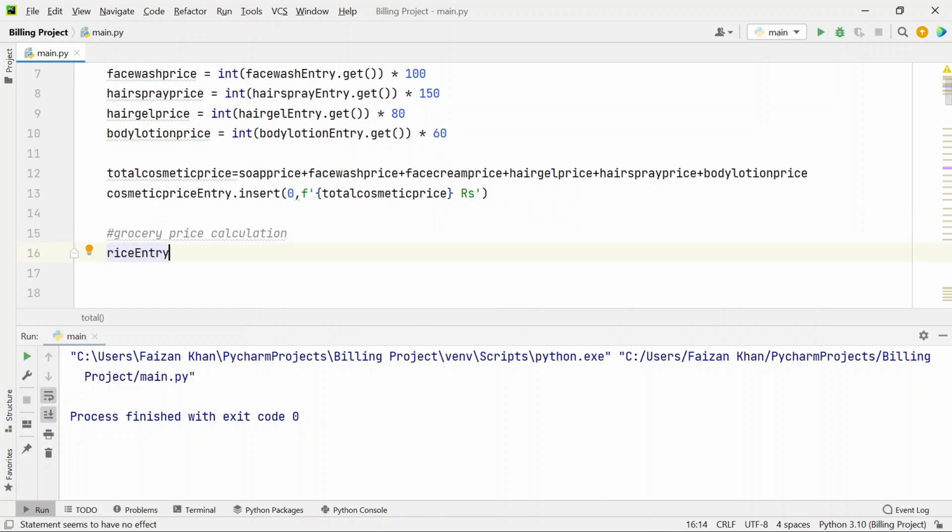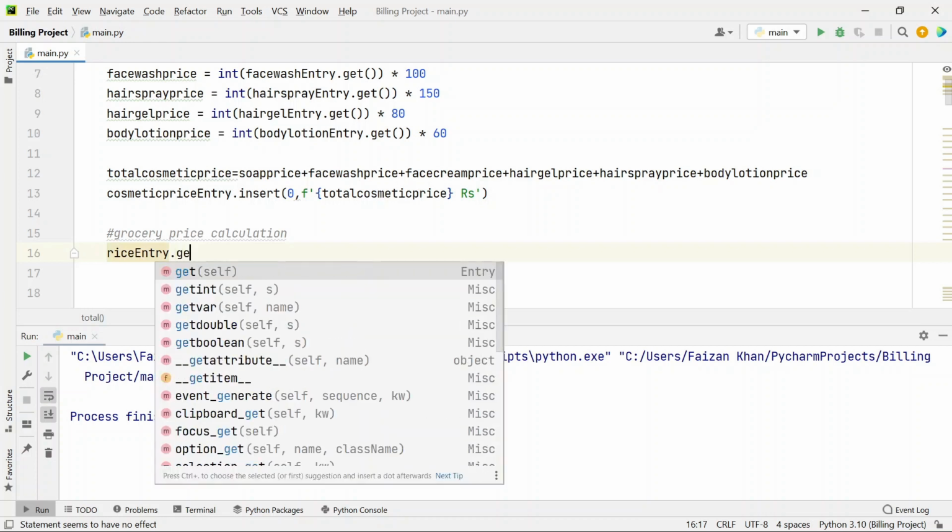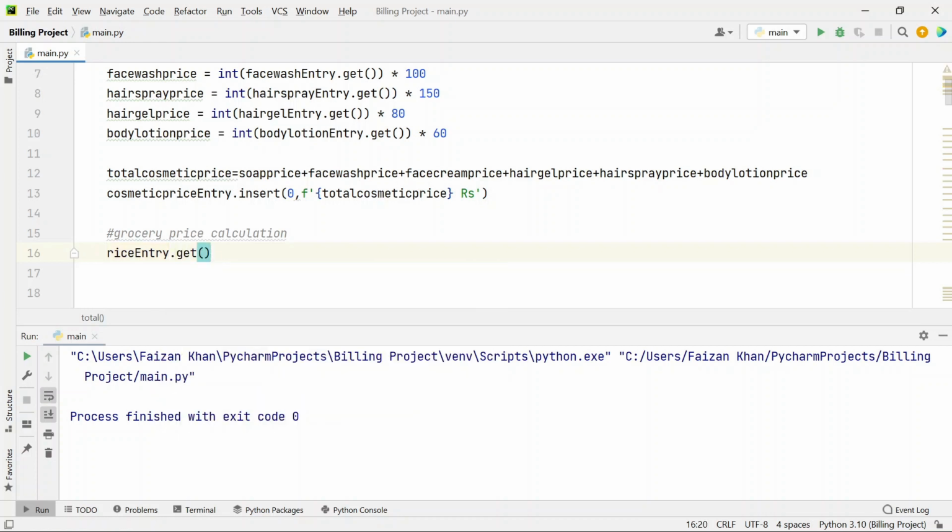So we'll use this object variable dot get method, and we'll convert the value into integer,